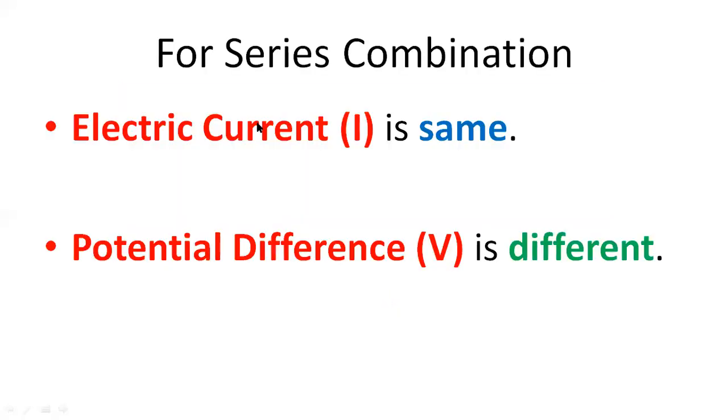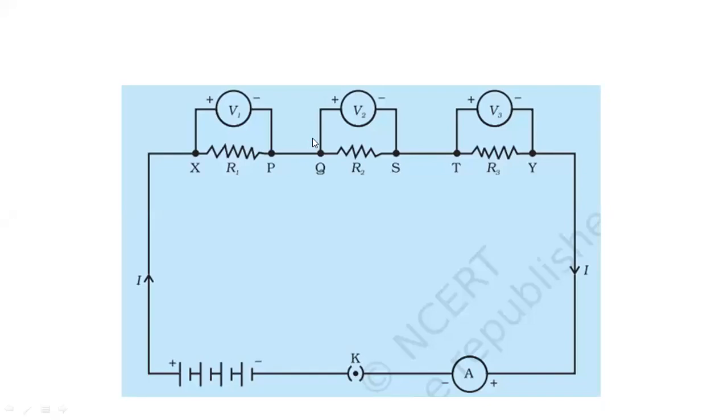So let me first give you some idea about combinations. What happens in series? What is exactly the value of current and what is the value of potential difference? Now, first, can you give me a response in the chat box: what basically is potential difference? What is the meaning of potential difference? Give me a response in the chat box so that we can use the same information to understand more details about this.